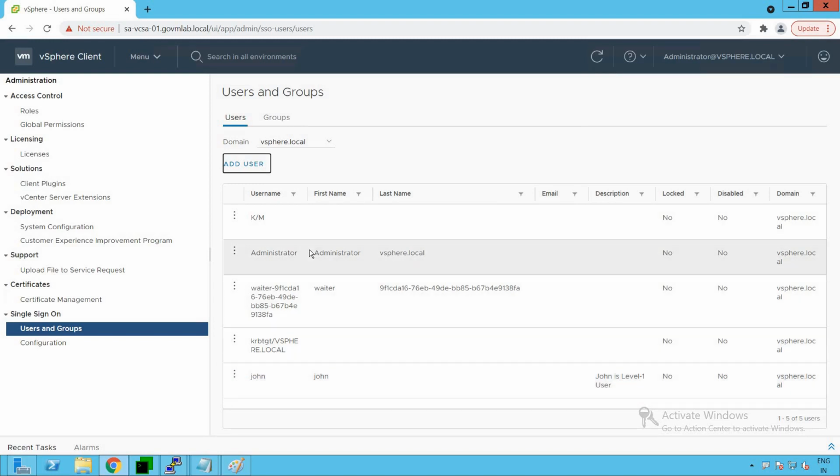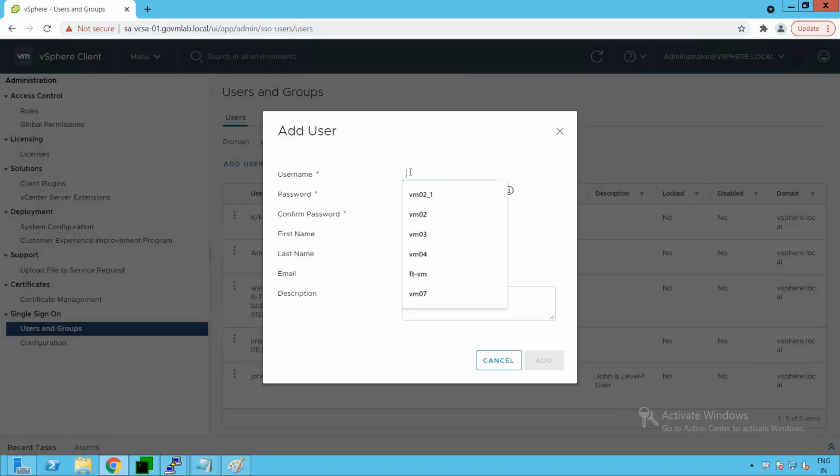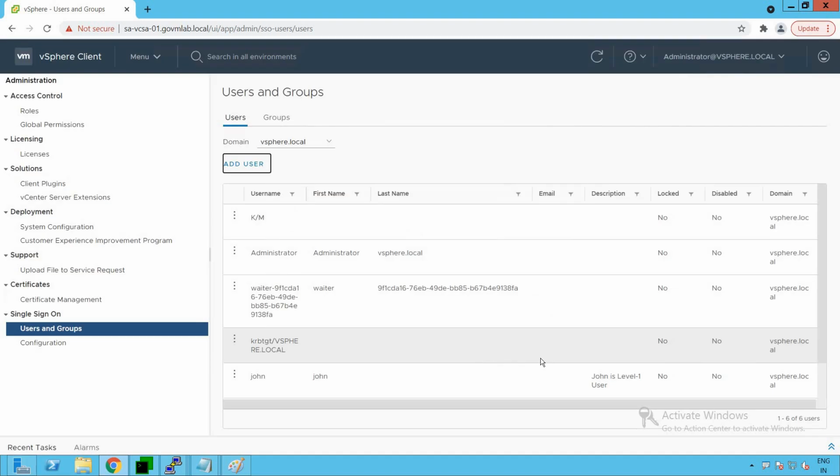Now, what is the next thing we're going to do? We're actually going to create one more user. Let's create one more user named Smith. Give a password to that particular user. So give a password to our Smith user. And again, if you want to give your first name, last name, email, it's all fine. And this user will also have L1 permissions. So both of these users, John and Smith, are going to be our L1 users.